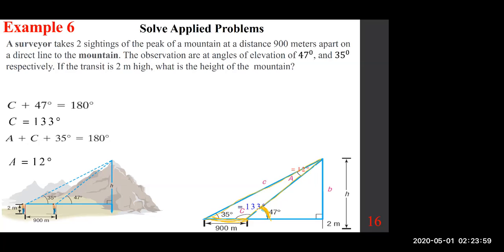We have one side, 900 meters, that's opposite the A angle. Lowercase c is opposite the C angle. That's the sine law we're going to use, and we're going to find the lowercase c